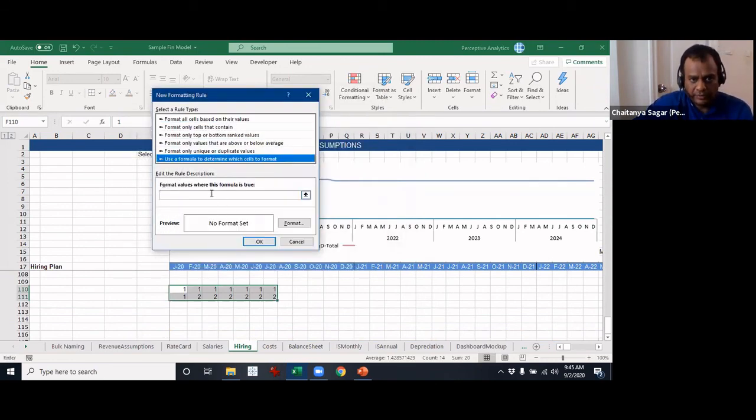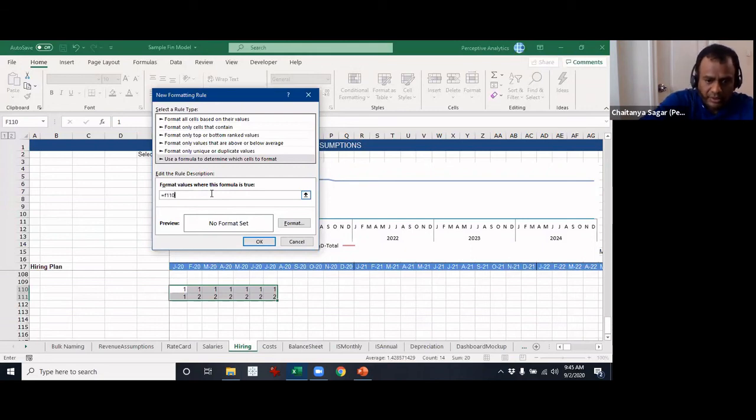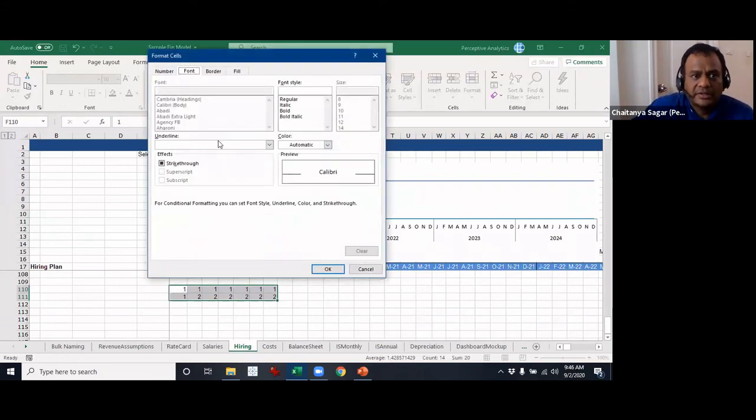I would like to use a formula. So equals F110 is not equal to E110. So this is the formula that I have applied, and the format is this.